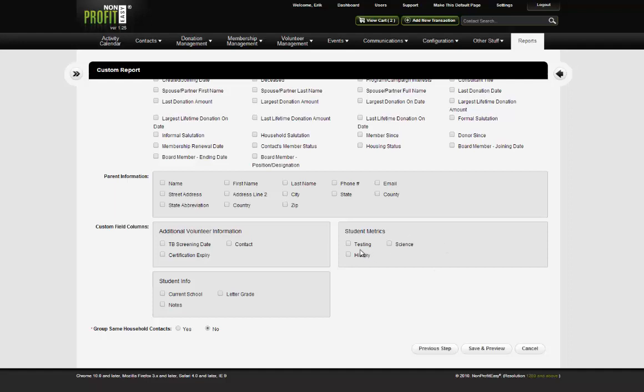Since student metrics was a transactional data set, what's going to happen when I check this? Normally I get one line per person. Well, it's going to give me one line per person per entry in the data set. So I don't normally recommend mixing too many data sets together. I wouldn't try to mix two transactionals together. It could do weird things, probably give you like 6 lines per person when you should only have 3, or something strange like that. So if you're using a transactional data set in your reporting, probably only do 1 per report. If you mix them, you should be fine, it might just look weird. So student metrics,